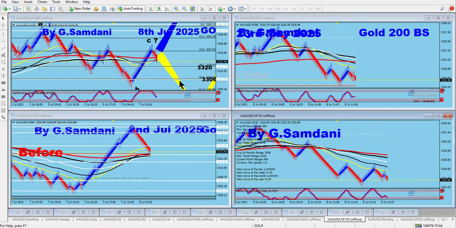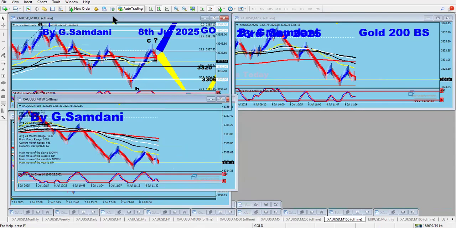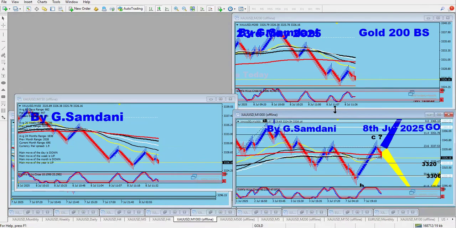So you see that? If you have a bigger screen and you can open four charts like that side by side, you will know exactly what's happening, right? So the way I have it, I get confused if things are not exactly the way I have it. So let me just, I have this here, and then I have my